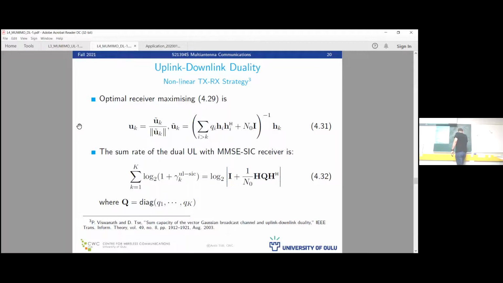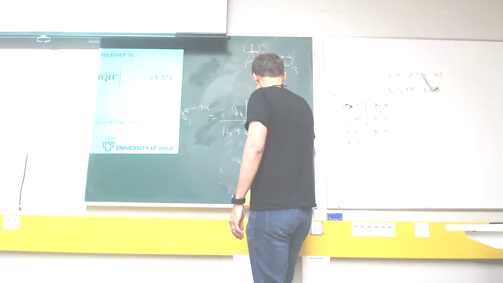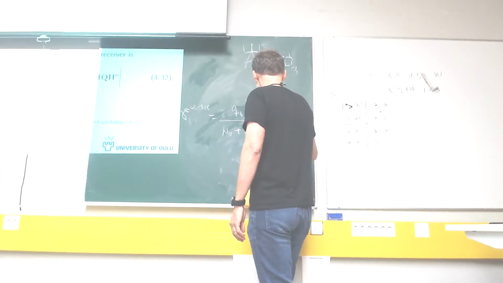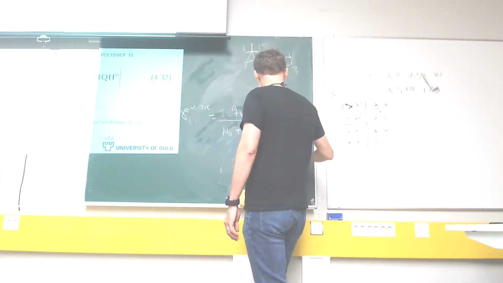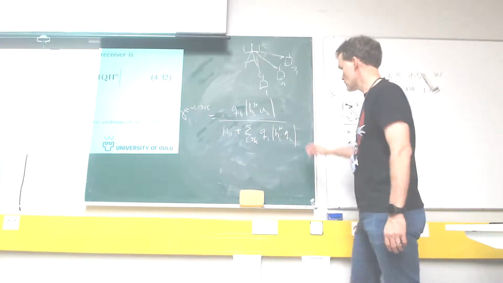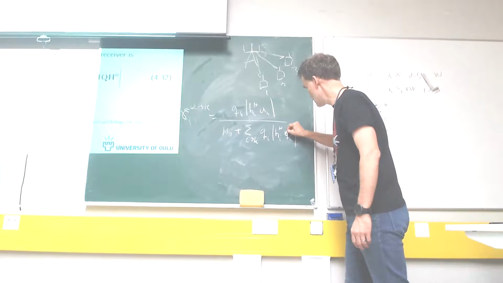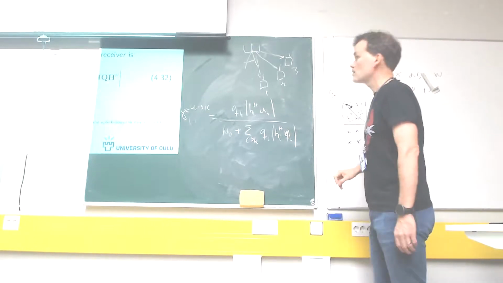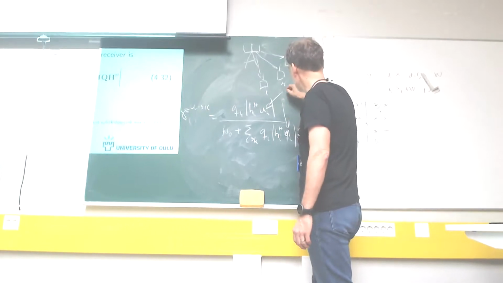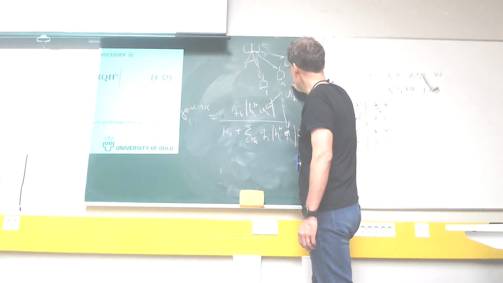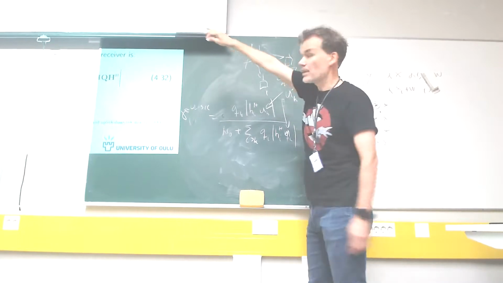So for I larger than K, the interference is only from users with higher index, Q_I H_I Hermitian U_K. Okay. So now when you plug in here and here the optimal U_K from there,